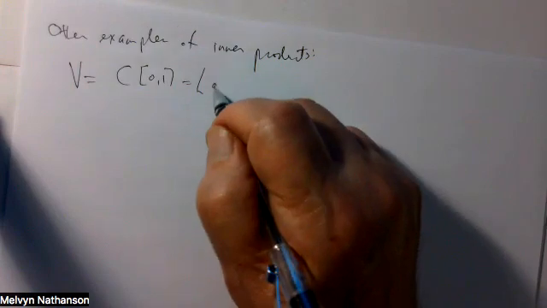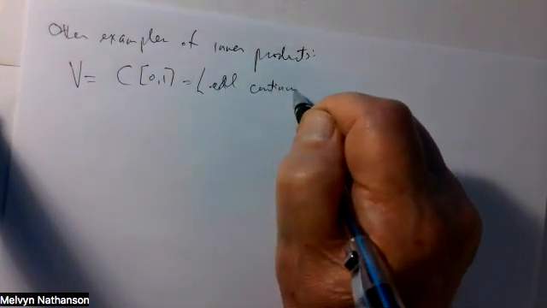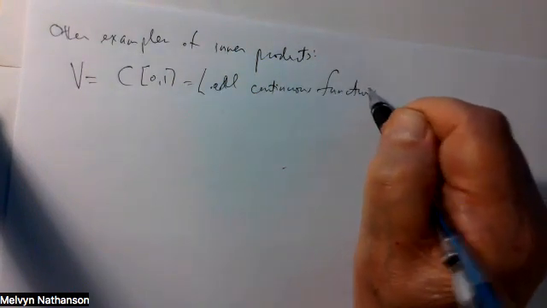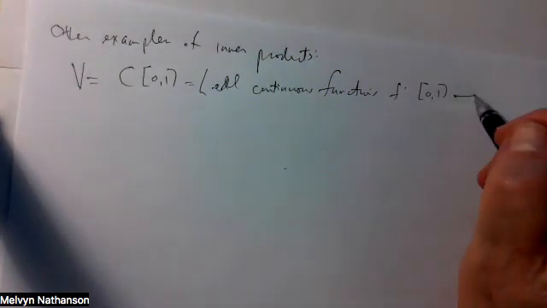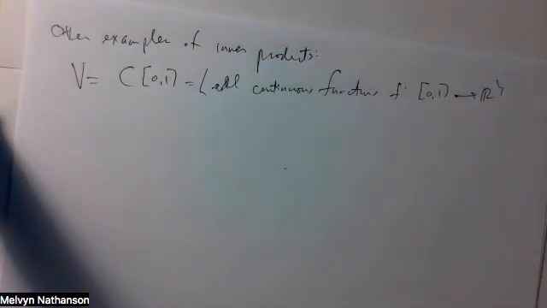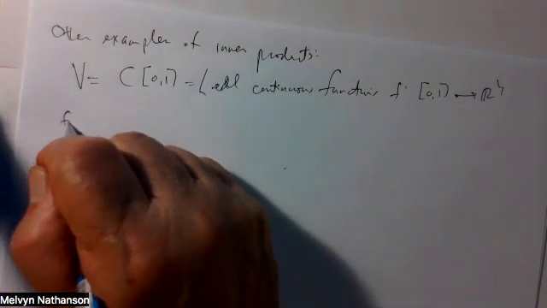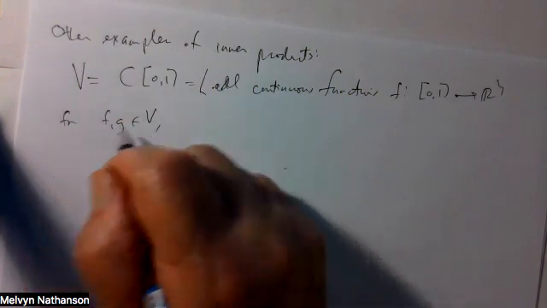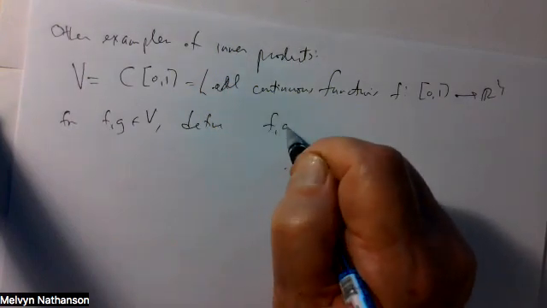So this is the set of all continuous functions f from the unit interval, the real numbers from 0 to 1, to R. So this is a vector space, and for vectors f and g in V, which means these are continuous functions, to find the inner product of f and g,